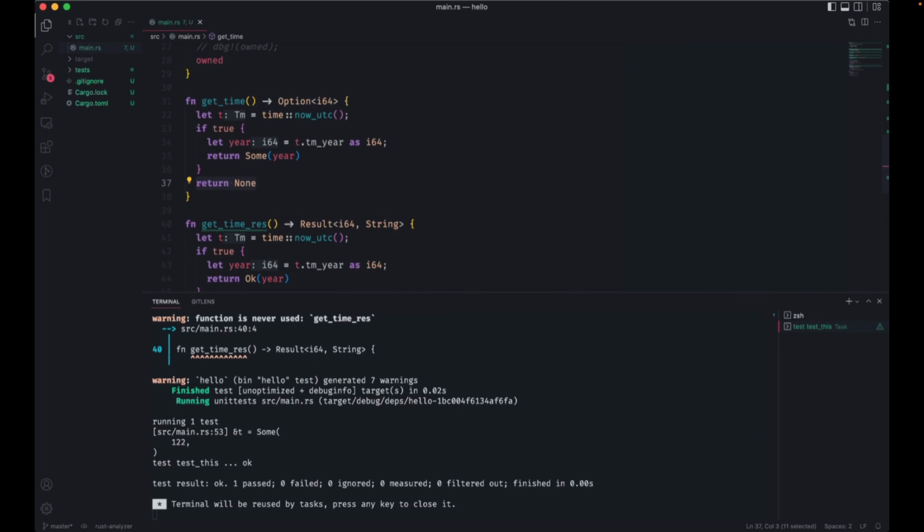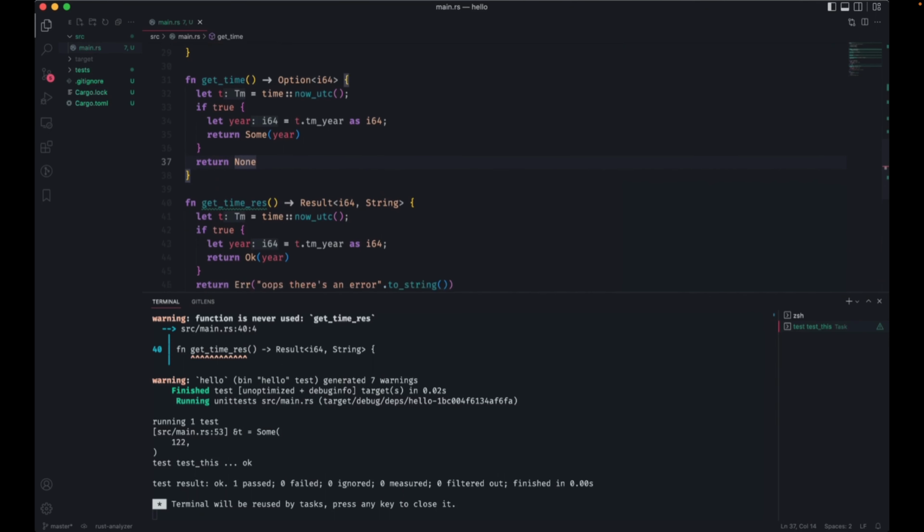So we say none. In Rust, we're very conscious of memory safety. We want to know that everything is initialized from the start. We don't want things that are null or uninitialized. If there's a risk of something not having the data we need, we explicitly make it an option type to wrap the data we want and give it a none. So there are no null types in Rust.